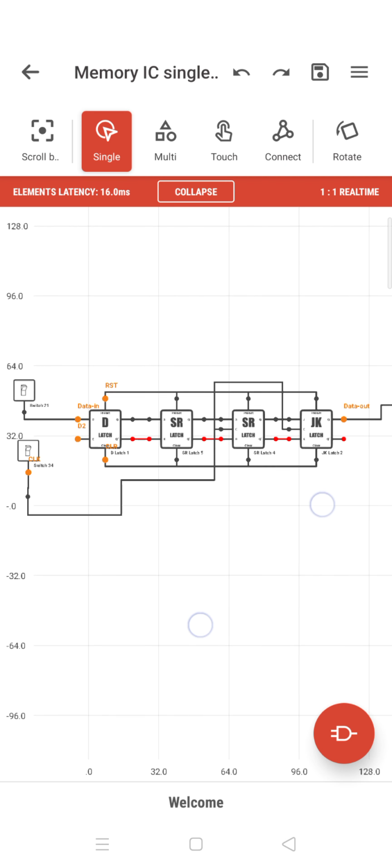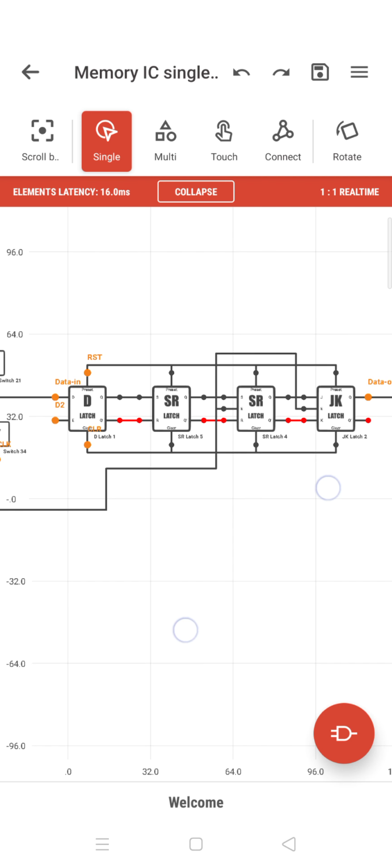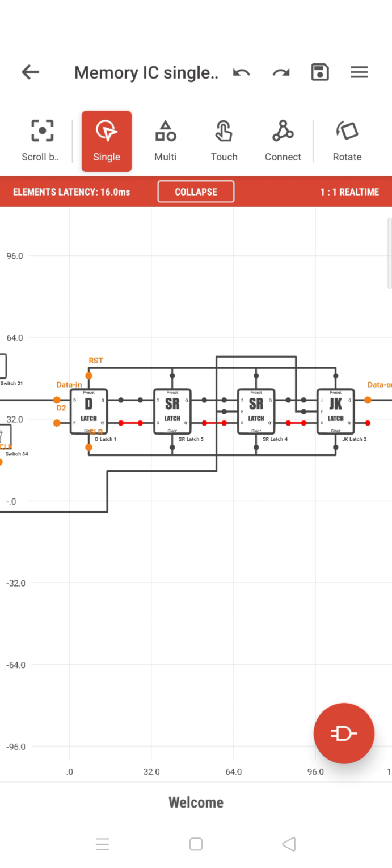If you want to read, for a faster flip flop, you need a JK latch. If you want to write something, then you need an SR gated. When you are writing, SR gated is used. When you are reading, JK latch is used.